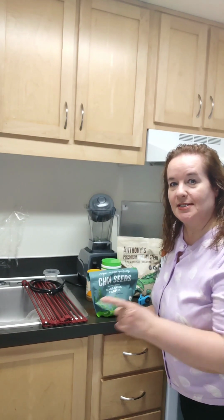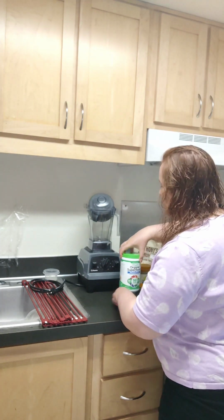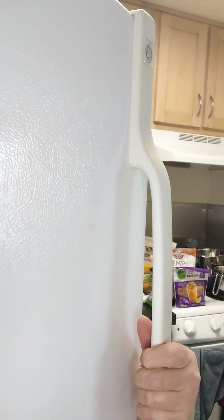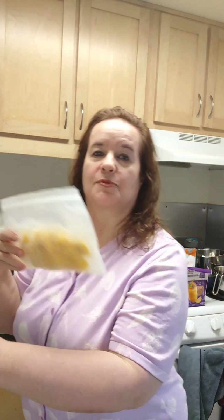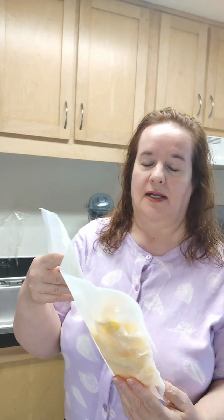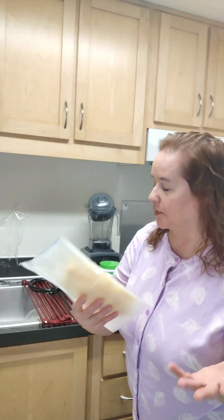So here we are. You can see me pretty good. All right. So now usually I'll put the banana, and I have banana or mango in the fridge. Let me just grab that. I have some dried mango. This stuff is a pain to get off the mango itself and then cut it up. When you let it ripen too much, it just gets so juicy and squeezes all over the place, and I have to use my kitchen scissors, I learned. But I'll put in a few pieces of this, and usually I'll do that first, but lately what I've been doing is putting in ice,